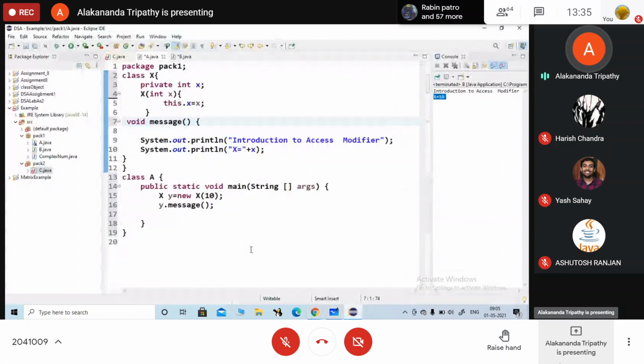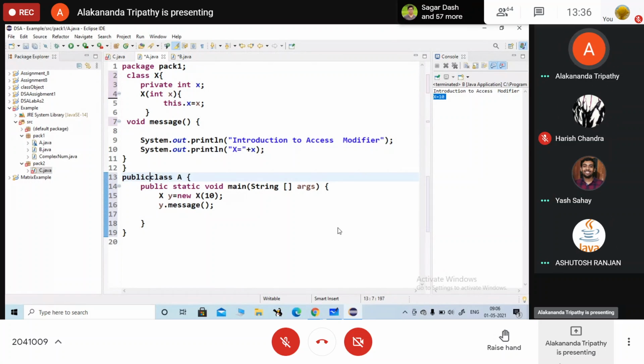Okay, so one example here, this we can declare it as public. तो यहाँ पर अभी एरर आ गया. What is the error here? देखो, public type must be defined as, ये और एक चीज याद रखना, when you have two classes in the same file, एक ही फाइल में अगर दो क्लासेस है, फाइल का नेम और जो क्लास का नेम सेम है, उसको क्या लिखोगे? That will be declared as public. Okay, public class A.